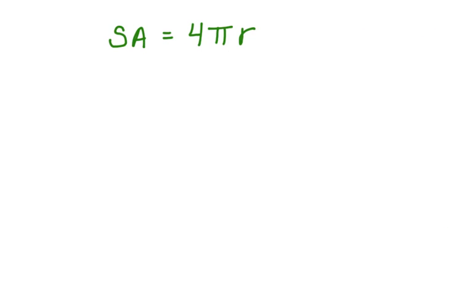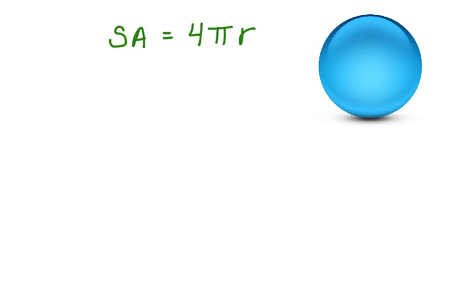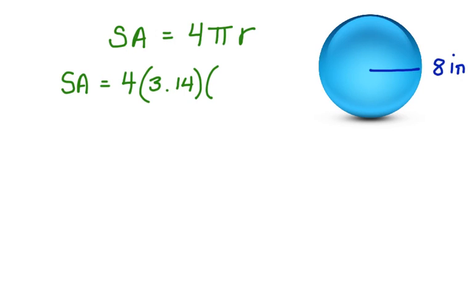Here's our formula, and now let's look at our sphere once again. We said that this sphere had a radius of 8 inches. Now let's substitute 8 into this formula. So we can say that the surface area is equal to 4 times pi, which we can use 3.14 to represent pi, times 8. Now let's multiply this part first. 3.14 times 8 is equal to